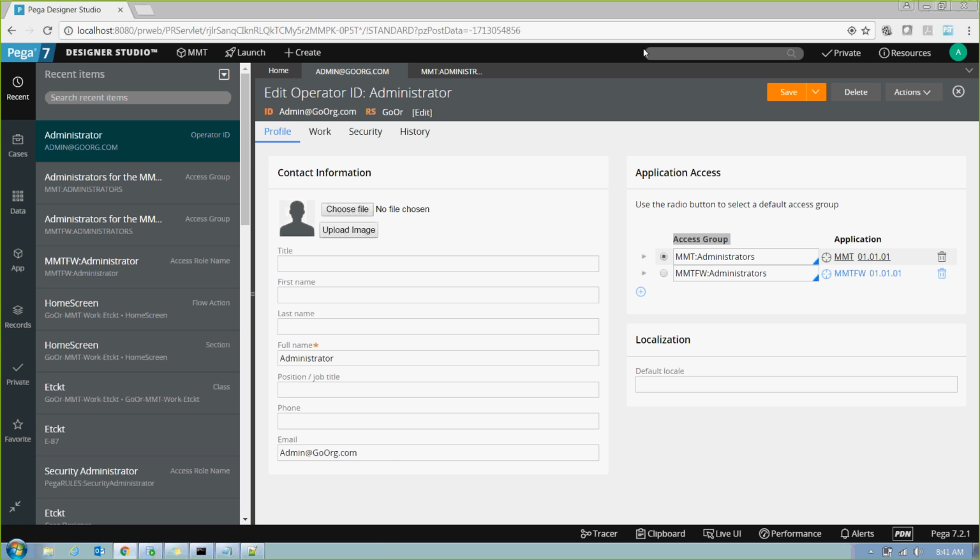But when I stay like this, I can access only the MMT application. I can't access the others. So that's how it is. Like one to many mapping, but still not all applications at a go, only one at a point of time. So this is what we discussed in the last class about operators, their access group, and we went